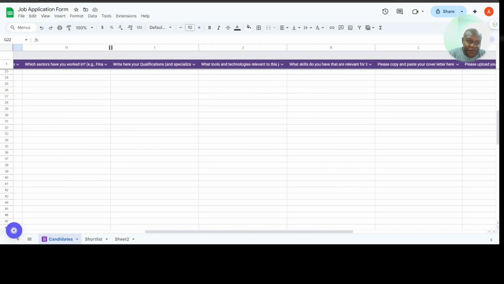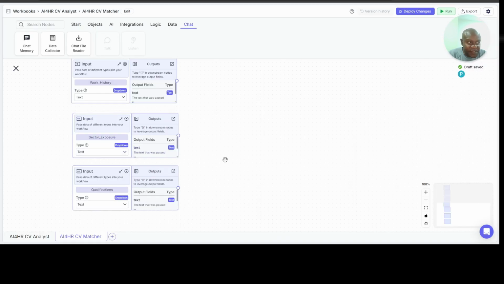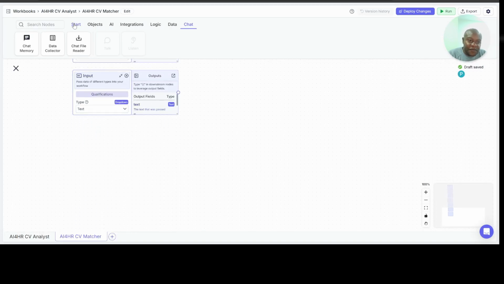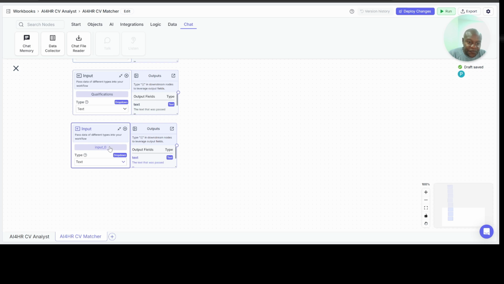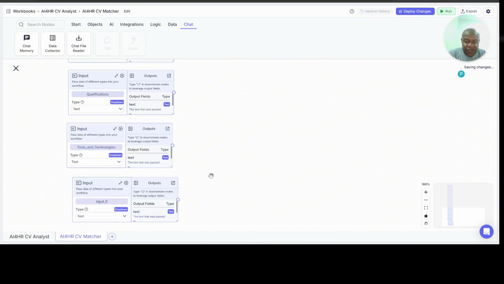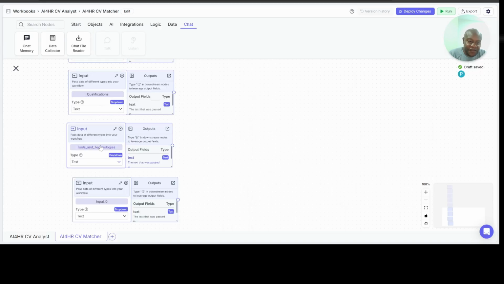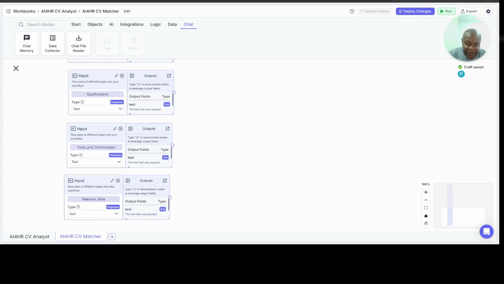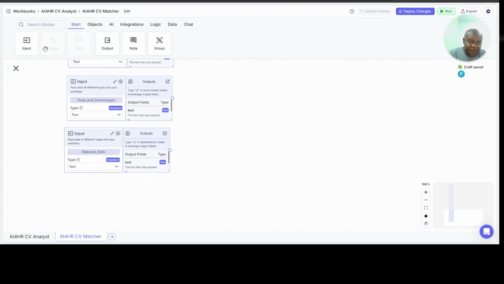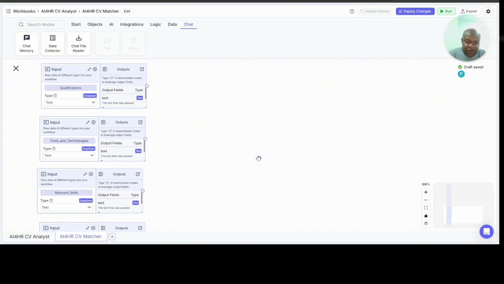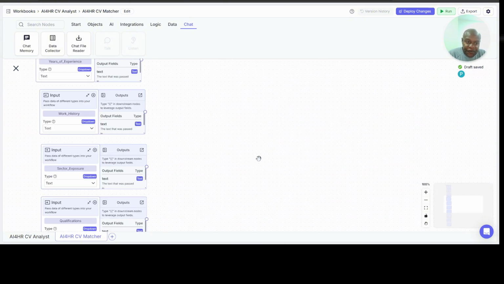Okay, and then the cover letter. So tools, technologies, relevant skills, and the cover letter. Let me add those as inputs, and then we see how far we can go. In addition to tools and technologies, we had relevant skills, and then cover letter. So we'll call this relevant skills, and then we shall have one last input, which we shall call cover letter. So all these inputs are supposed to go into an LLM for it to look at,